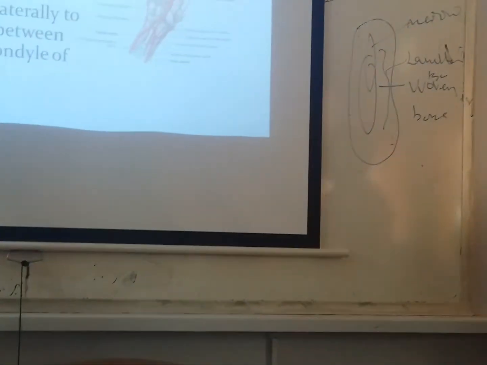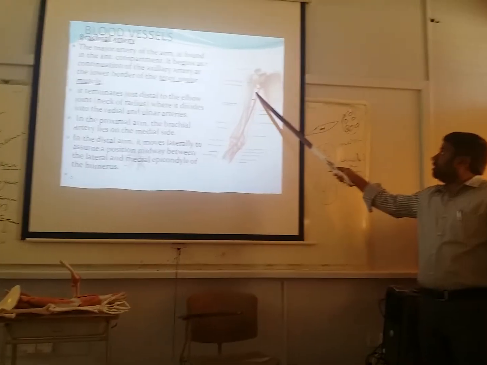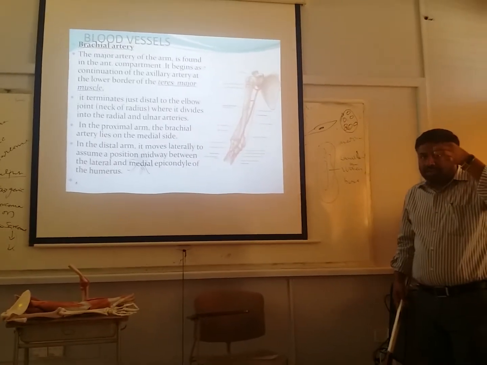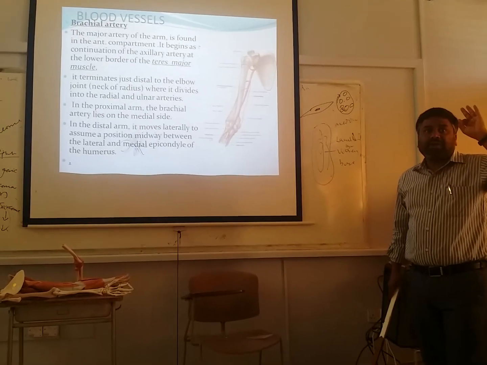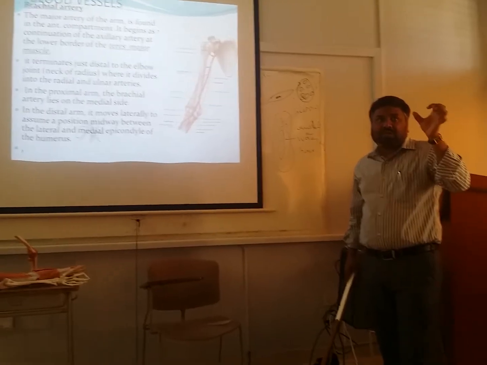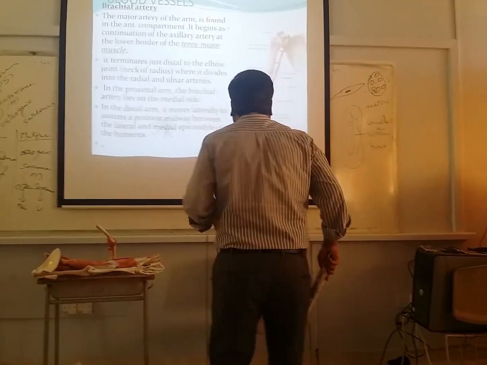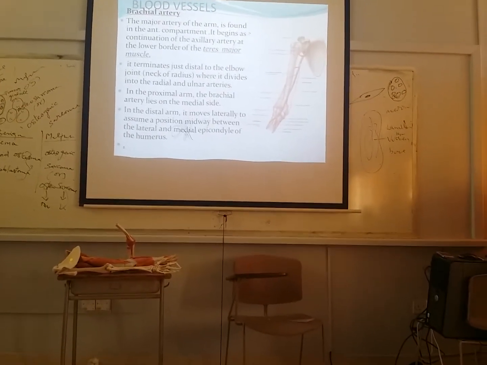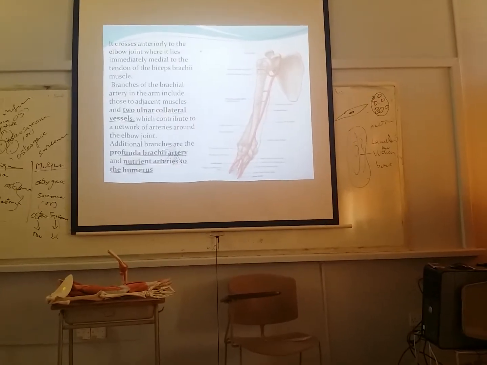And the branch near to the axillary, what is that branch called? They are circumflex, because they are surrounding. Circumflex humeral arteries. They are from the third part of the axillary. Anterior circumflex and posterior circumflex humeral arteries around the surgical neck. Okay? That is the story about brachial artery. So these are the things that I said already.